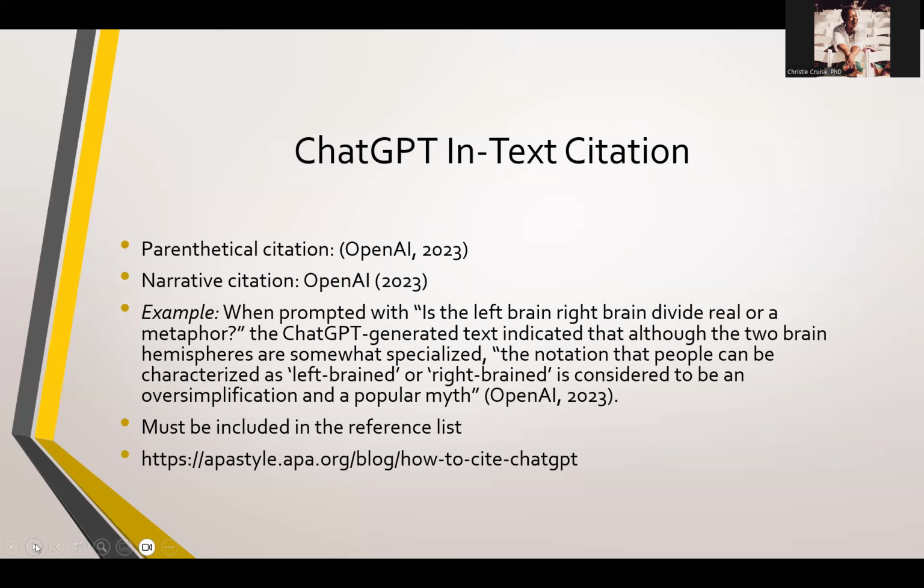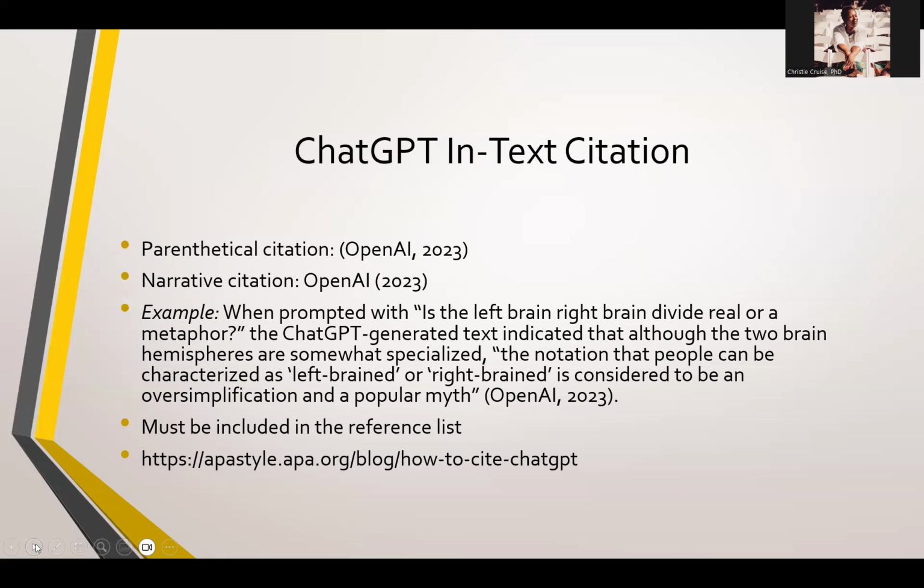When prompted with, "Is the left brain, right brain divide real or a metaphor?" the ChatGPT generated text indicated that although the two brain hemispheres are somewhat specialized, the notion that people can be characterized as left brain or right brain is considered to be an oversimplification and a popular myth.